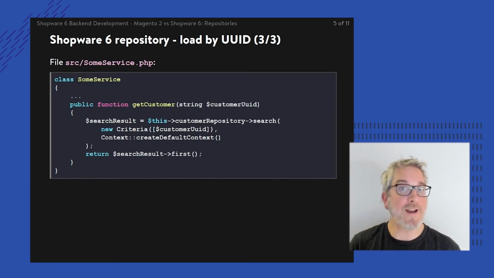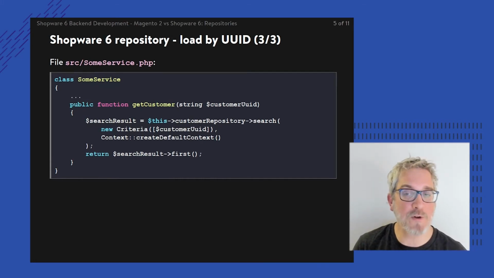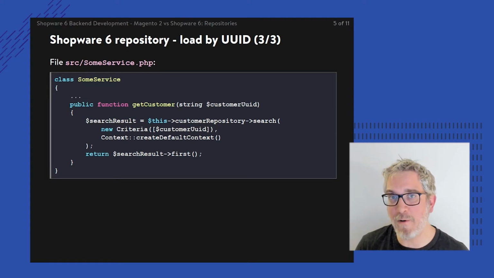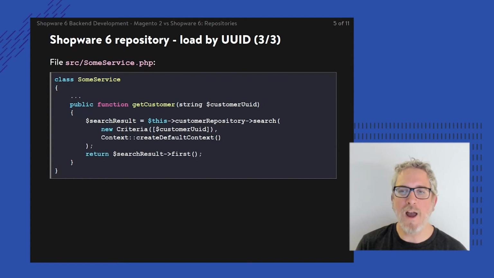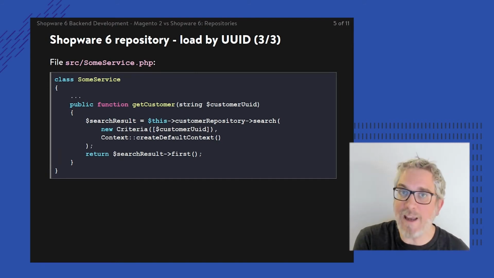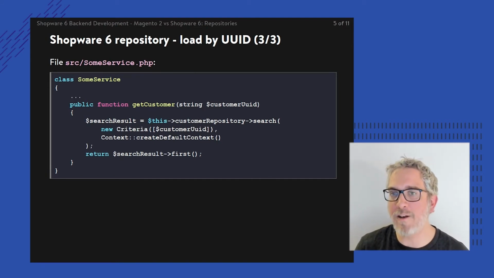Except for one little fact, which is as soon as you do one thing in Magento, it might make that first thing easy. But as soon as you want to do more with Magento, a lot of times actually Magento becomes more complex anyway. So we've seen now one little scenario of loading a specific entity by its unique identifier. And in that case, Magento was easier than Shopware.